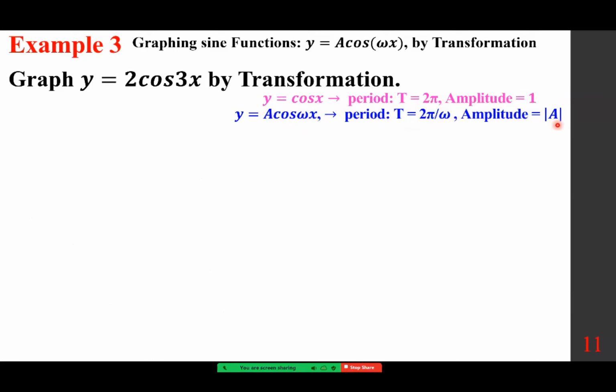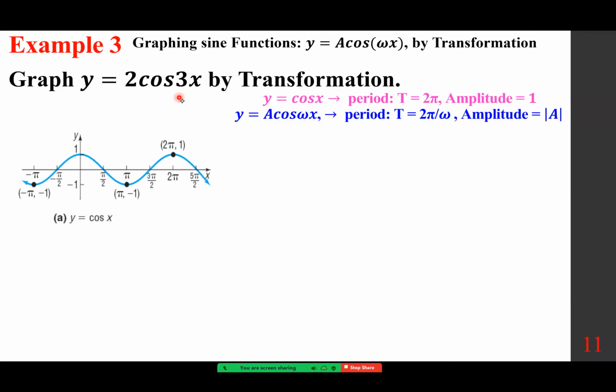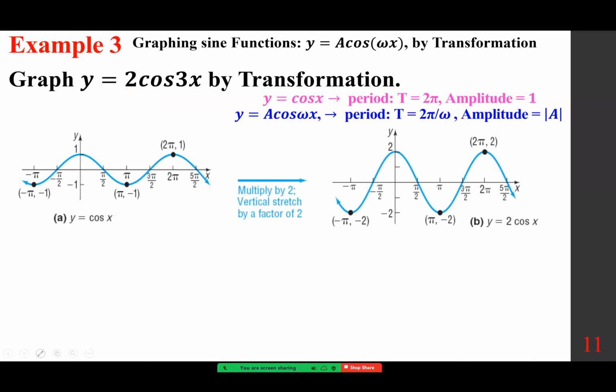Okay, so right away we recognize the absolute value of that is 2, and so the range has changed, and the period we divide 2 pi by 3. Just to give you an idea, we already have that. But here's the basic graph, and you can go with one or two. In this case, if we start with this one or that one, doesn't matter. If we start with this one, then we are going to multiply it by 2, a vertical stretch of factor of 2. So what I want you to notice,